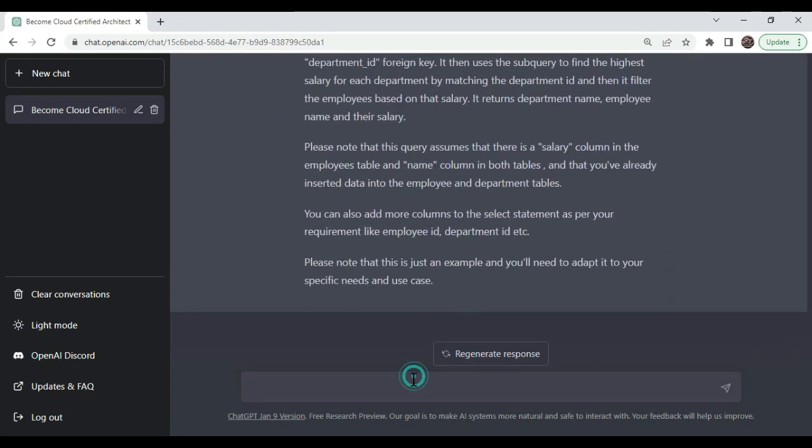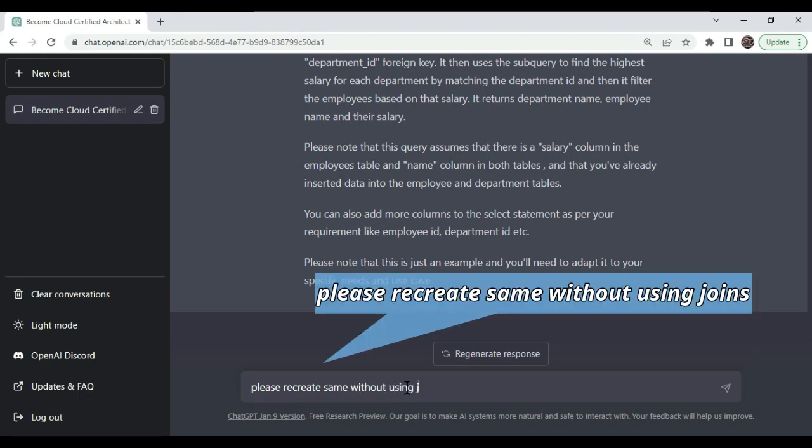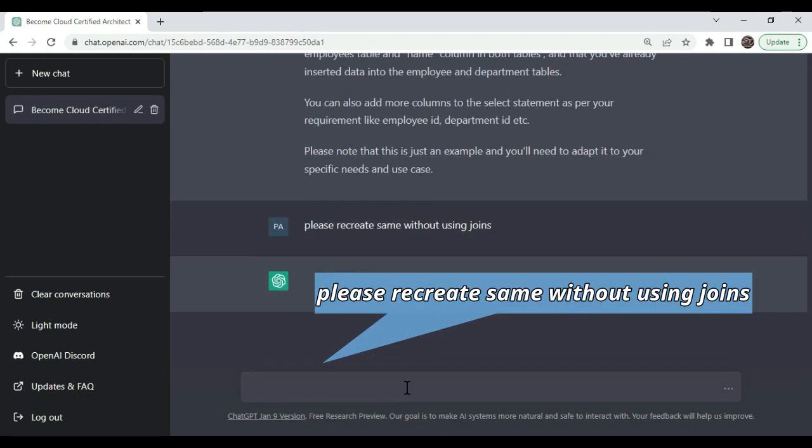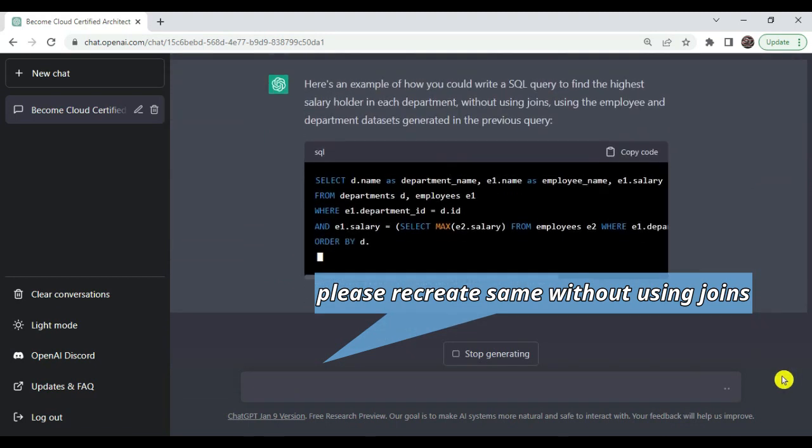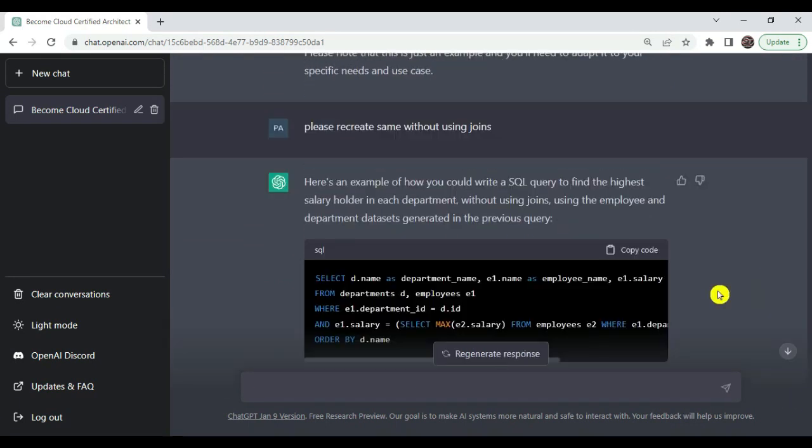Now we will ask, please recreate the same without using joins. Okay, it gives the example to find the highest salary holder in each department without using joins,